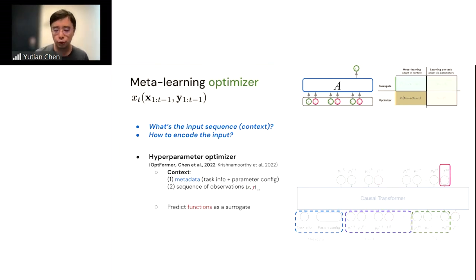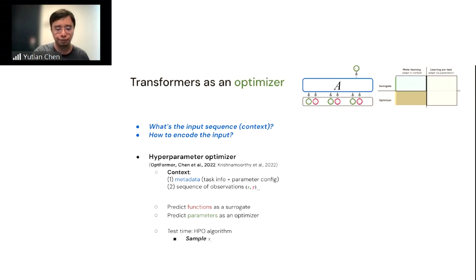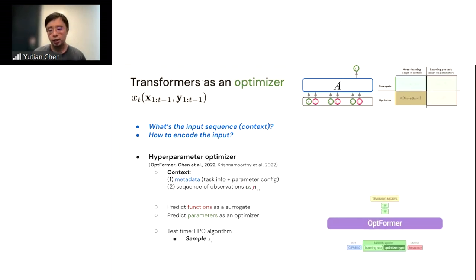Then we train this transformer to predict the function value given new hyperparameter queries, as a surrogate. And also we train this model to predict the hyperparameter values for the next query an optimization algorithm is going to propose. At test time, the Optiformer will sample the hyperparameter values one by one. And then after we collect the whole set of hyperparameters, we send it to train a new model, receive the model performance, concatenate all the hyperparameter values and model metric in the new input sequence, and then repeat the whole